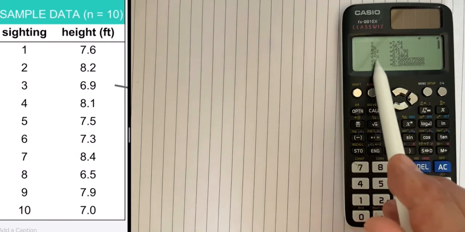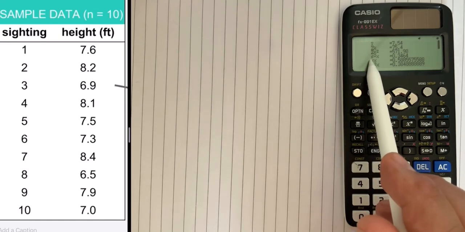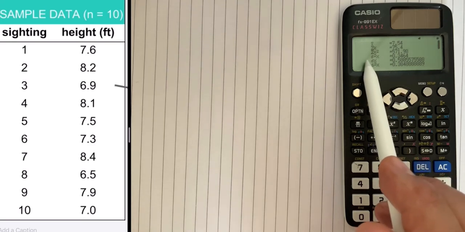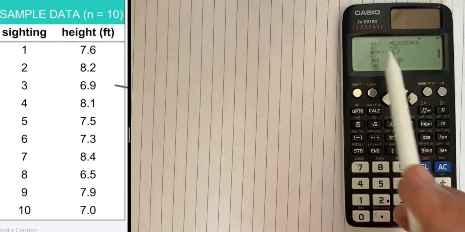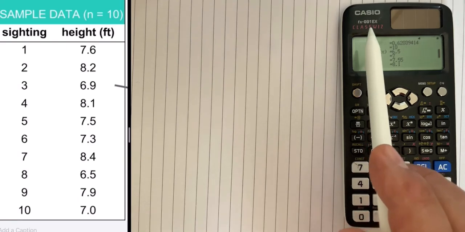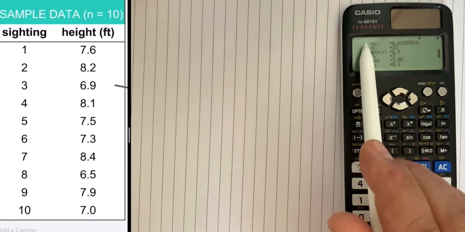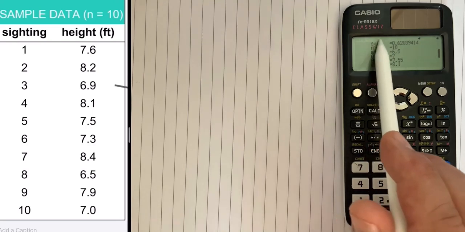Also the same thing here, sigma. Sigma means standard deviation. So sigma square is variance, sigma is standard deviation. Standard deviation of x, this is for the population. Sigma, standard deviation for the population, 0.588. If I scroll down here, I find s x. S means the standard deviation but for the sample. So this is also standard deviation but for the sample, and this is actually the one which I'm looking for